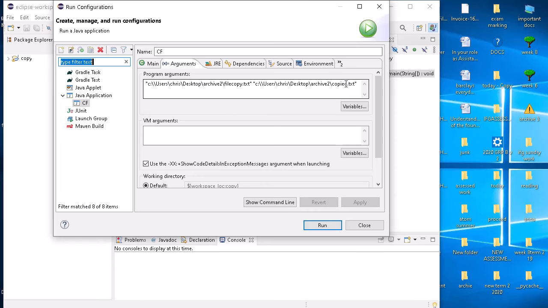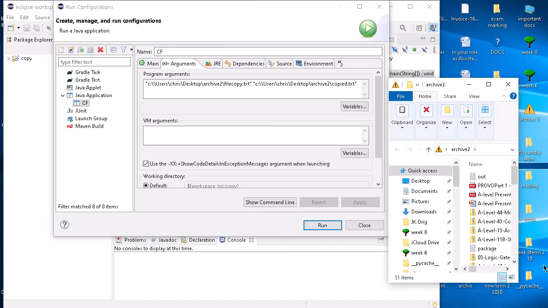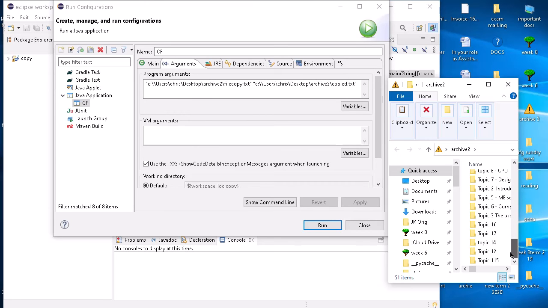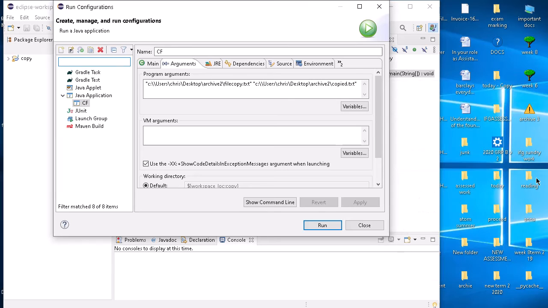Oh no, it's called copied text. I think I've. Let me just have a look. Okay, so I'm going to go back to. Oh dear. Go back to copied text and just see whether it has in fact been copied as I promised it would be. So let me see. No, where is it? There's got out, but no files called. Okay, so what I'm actually going to do, just to convince the audience, I'm going to go